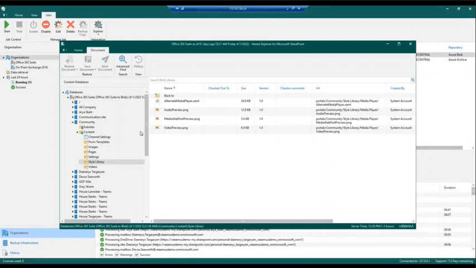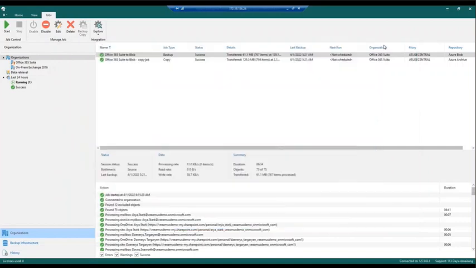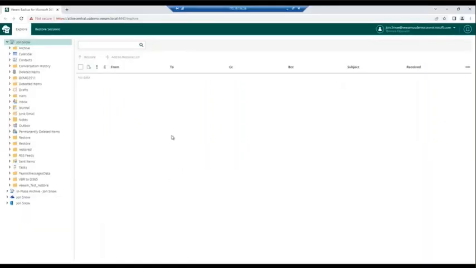Now they're all pretty similar between OneDrive, Teams, and SharePoint here. I'm going to show you Exchange in a slightly different way. This is something that's newer for version 6. We do have the ability to set up self-service restore portals, and you can create these for any of your individual users, or you can create them just to delegate to a few different people who can handle restores for whatever you set up. So in this case, we're looking at one where Jon Snow is able to only restore his own data, but you can set it up where Jon Snow can do all of the SharePoint